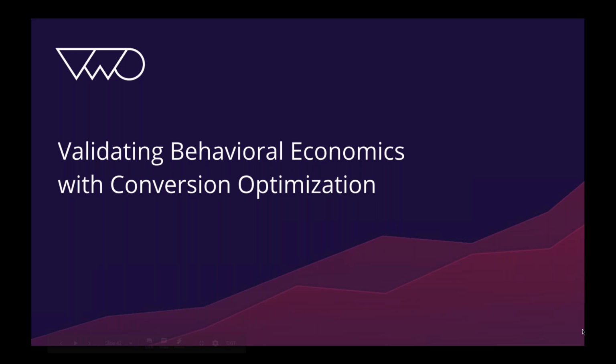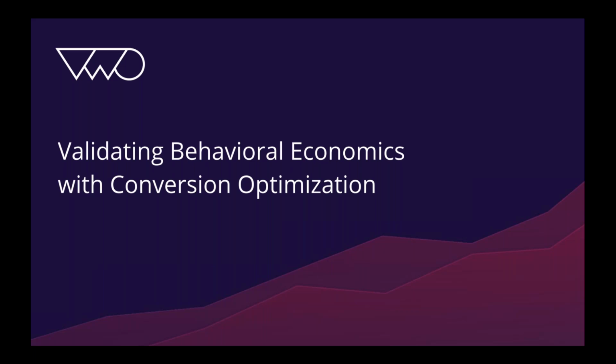In this segment, I will talk about ways in which you can validate behavioral economics with conversion optimization. Firstly, if I have to broadly classify the ways in which a marketer works, they either work on persuasion techniques, which we just talked about in this webinar. This includes your choice architecture, cognitive biases, nudge theory, etc. Then there is experience design, where a lot of marketers focus on usability and how easy the product is to use. And lastly, there is the scientific method, where conversion optimization sits. Really, conversion optimization is in the center of all of these.